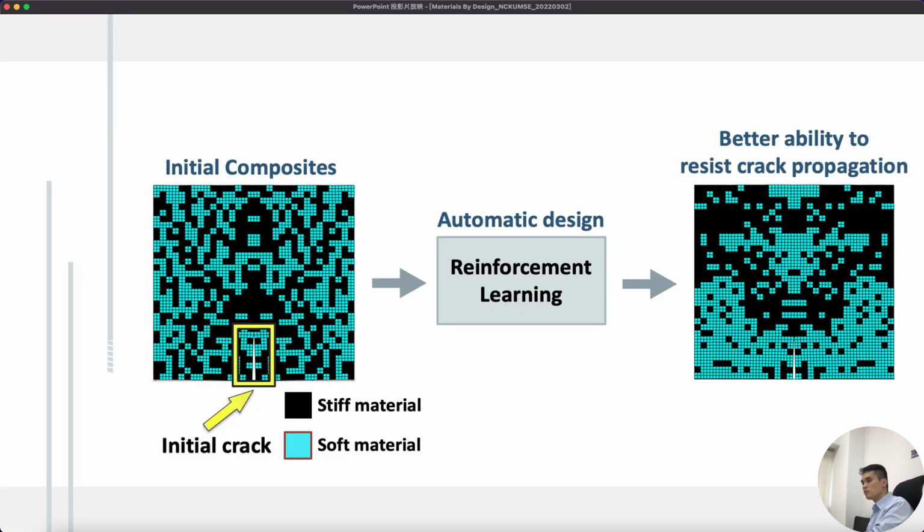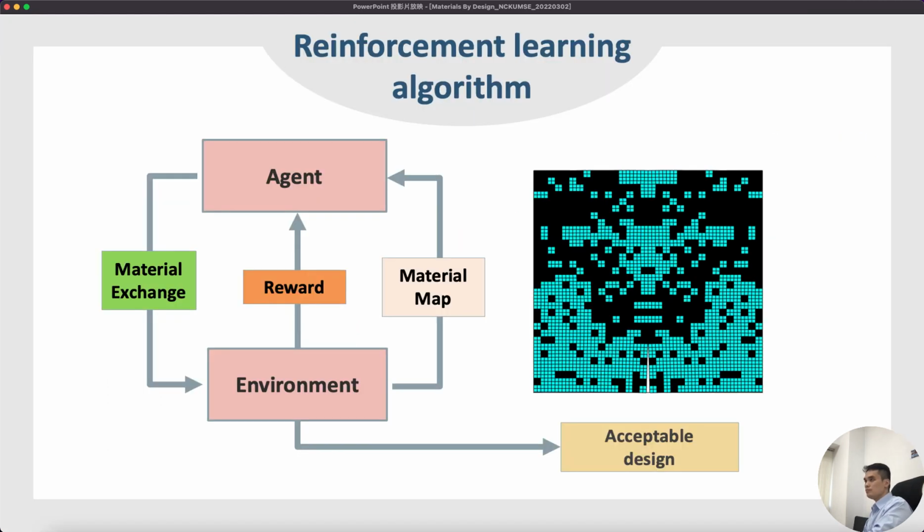So this is a resolution of 32 times 32, way higher than the 8 times 8 we showed you before, right? If we like to do that, can we do an automatic design using reinforcement learning? If you take a look at this design space, it's pretty much similar to the game of Go, the chess ball, right? So we can use the same strategy. With reinforcement learning here, we also like to design a tough and strong material. So here is a pre-crack, the initial crack. If we have a composite with the initial crack, can we make it